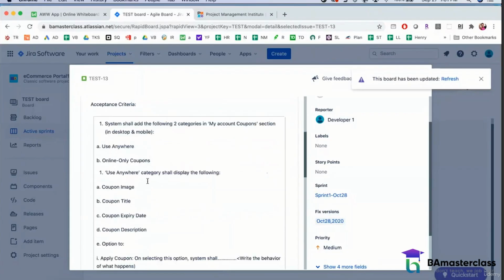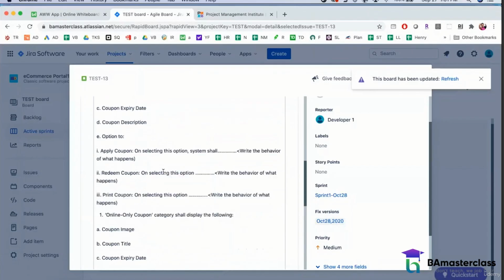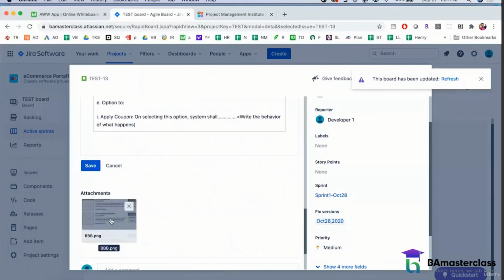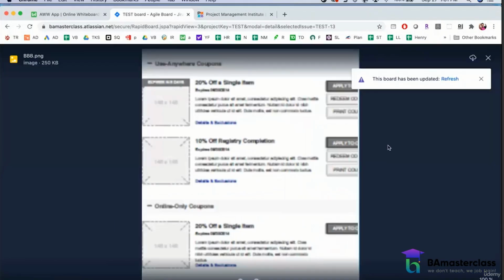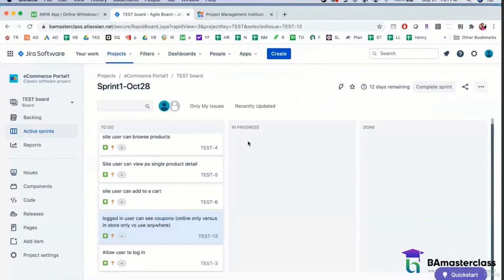And then acceptance criteria: system shall display the following two categories in my account coupon sections, use anywhere, online only. And then all the other acceptance criteria you have here, and you also attach the wireframe here. So that's how you would end up writing a user story. So pretty much this is the to-do work for your